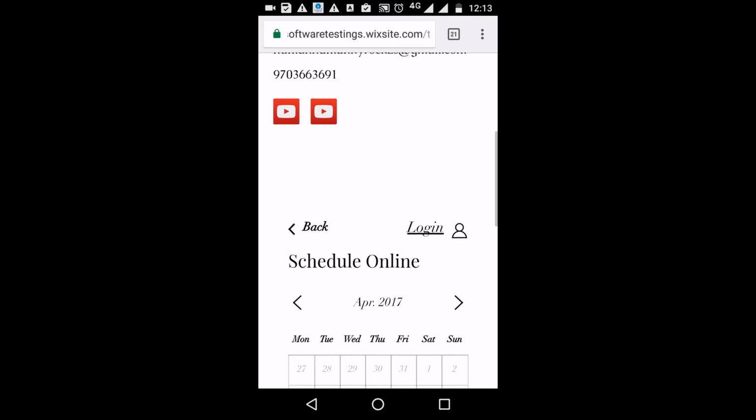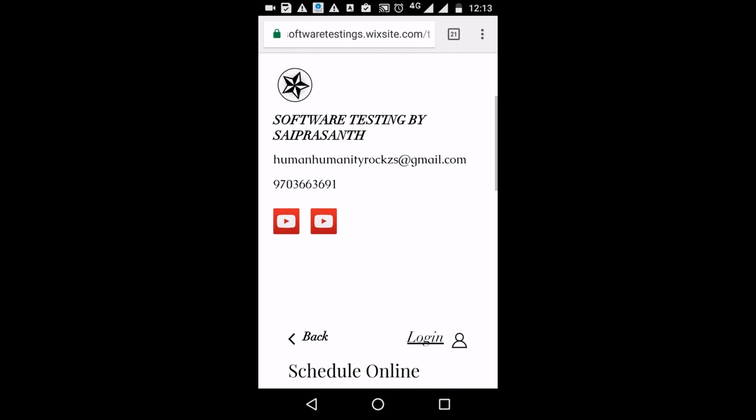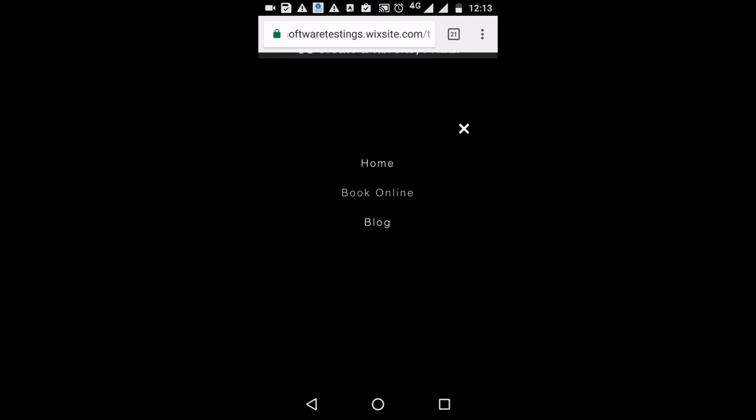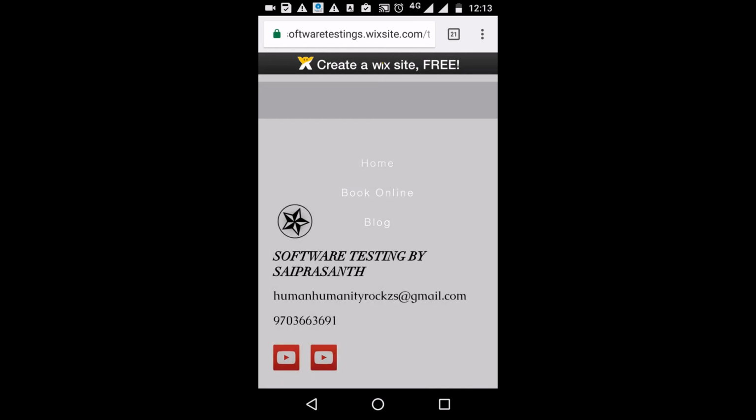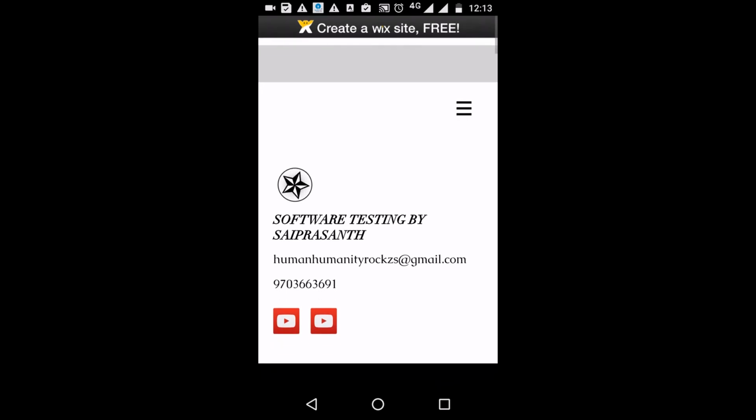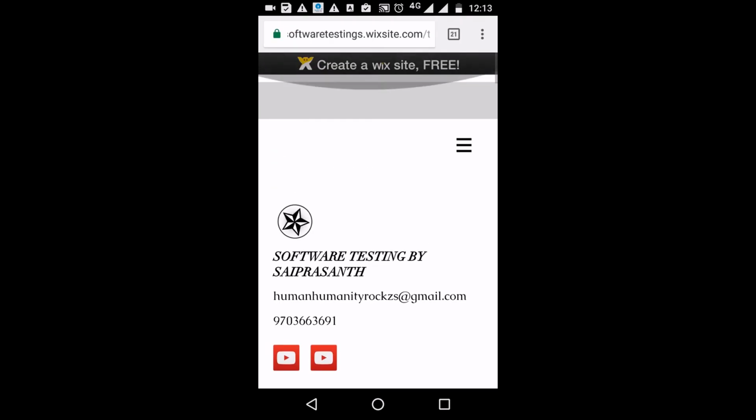A still shorter navigation is this: click here and click home page, then you directly navigate to the home page. For suppose there are three to four pages and we are on the fourth page, and our requirement is to navigate from this fourth page to the home page. Immediately by clicking that home option, you navigate to the home page. Clear?